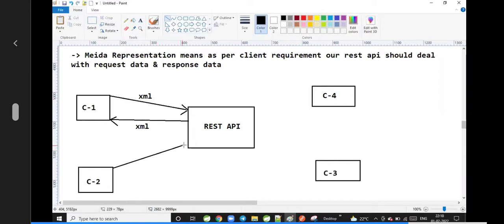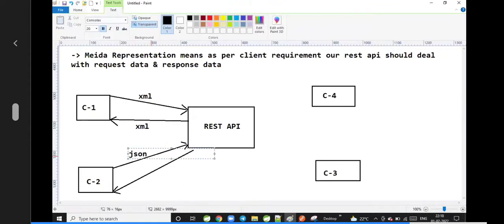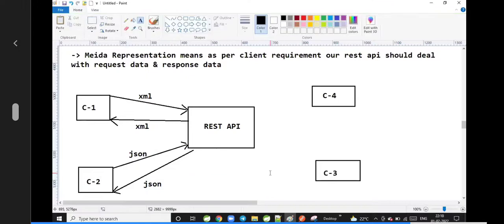Client 2 is the lover of JSON. Client 2 will give the input in JSON and wants the output also in JSON. Is my REST API supporting that? Input JSON, output JSON, input XML, output XML. Is my REST API supporting only one